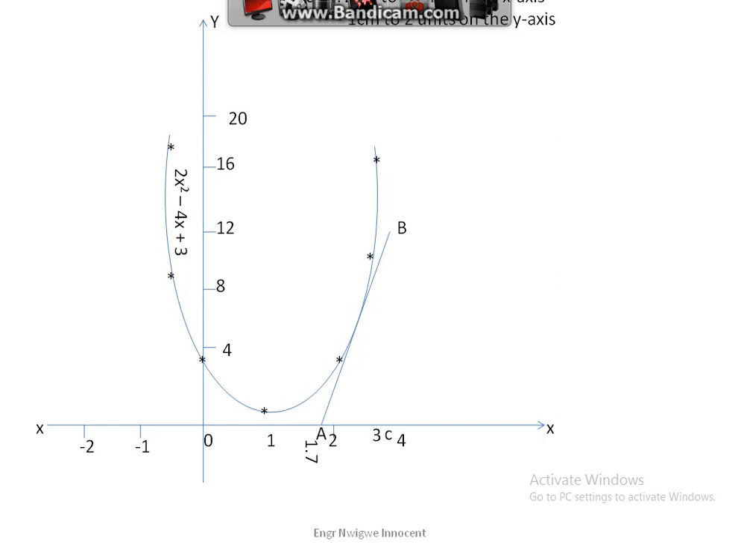We are told to find the gradient of the curve at x equals 3. Then at x equal to 3 on our graph, you will mark a tangent touching from the point where x is equal to 3. Then from there, we now have a right angle triangle ABC. Then from the triangle, we now get our slope or gradient, which is BC over AC, where our BC is on the y-axis,